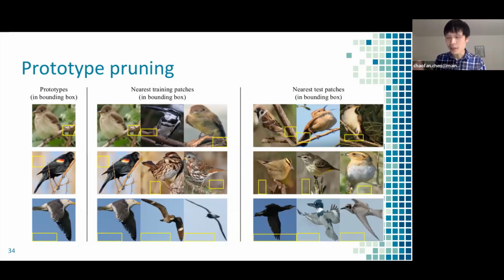The pruning algorithm starts by finding the k nearest latent patches of the training images to each prototype. Because we know the labels of the training images, we know the class labels of the k training images where the k nearest latent patches to each prototype come from. So out of these k training images close to a particular prototype, if we find that a lot of them come from different classes, then we know that this prototype is probably a background prototype and we should remove it. This is basically our pruning procedure.